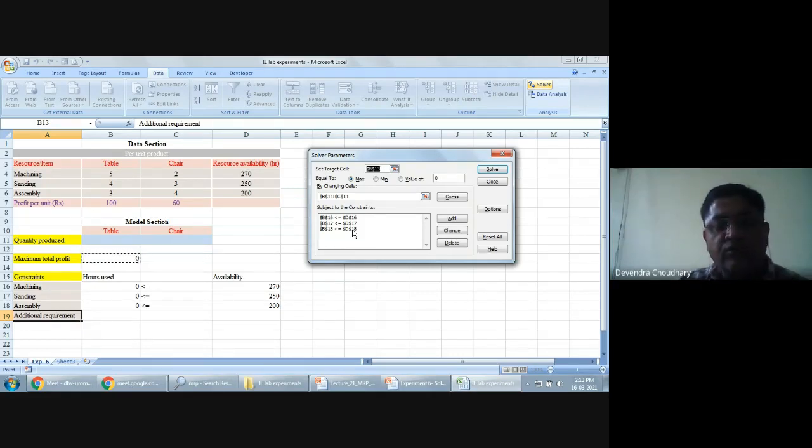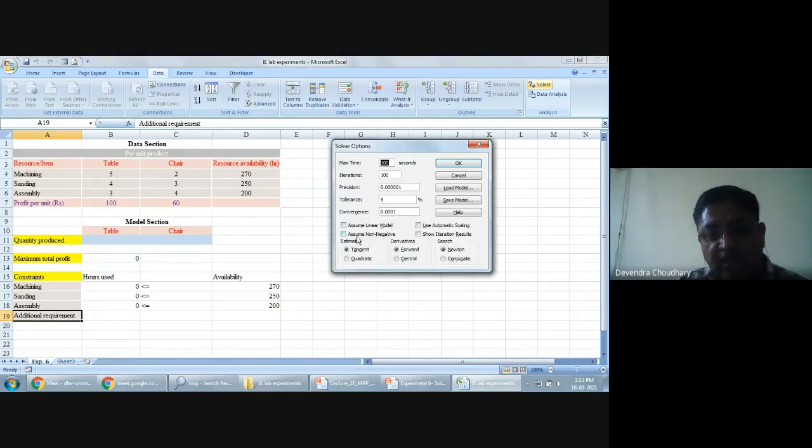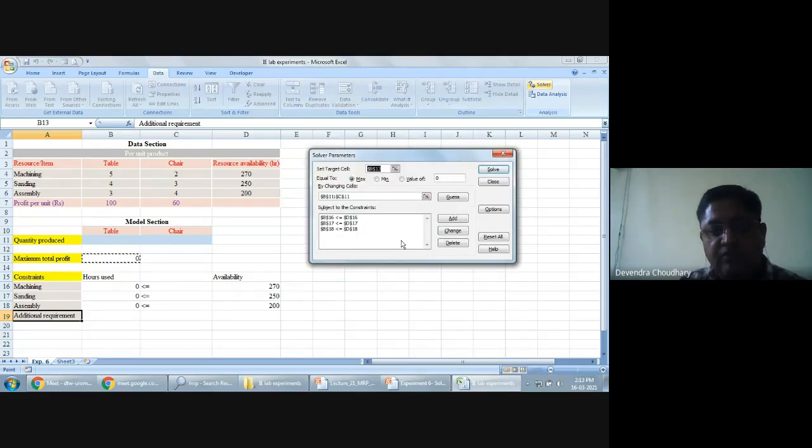Now we need to add the non-negativity constraint. You will not find it here. You can define it here, or you can click on Options, and there it is given as Assume Non-Negative. So we select this box, press OK, and then we go. Now we have defined the problem in Excel Solver.